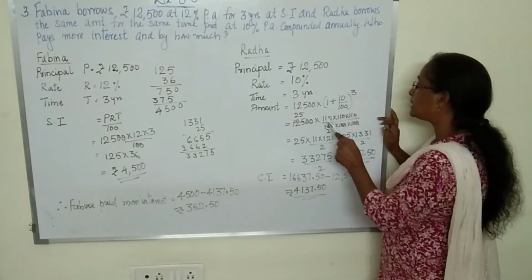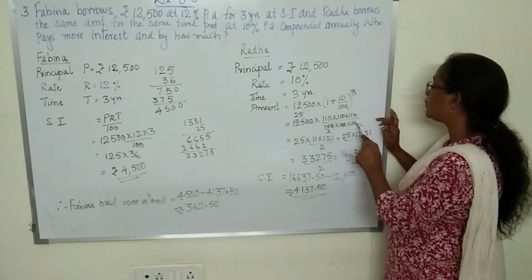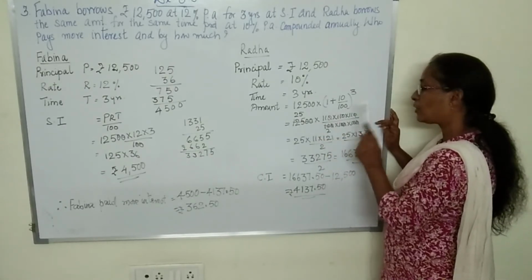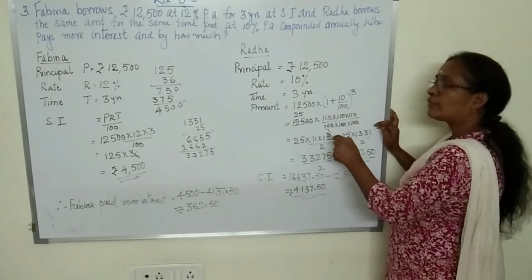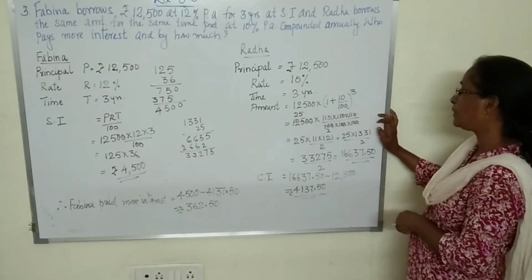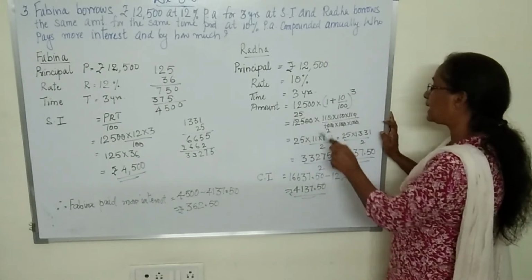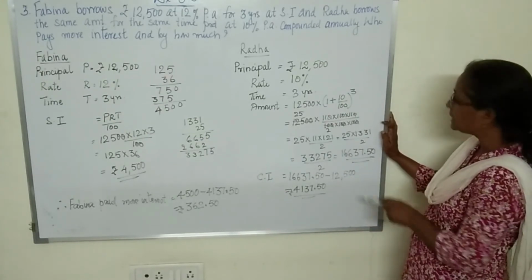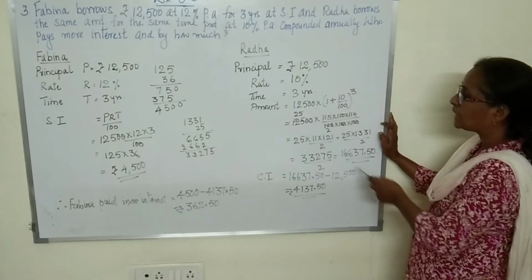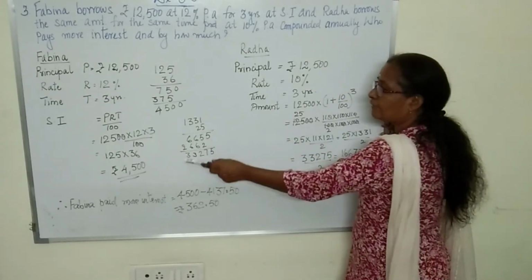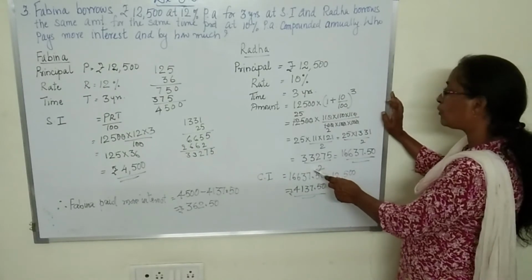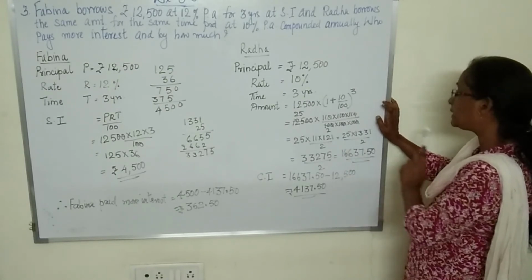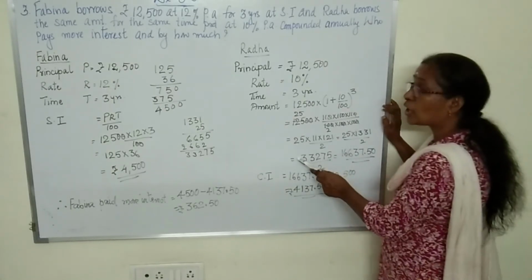Now you see the cancellation. Everywhere 110 is in the numerator, so first 3 zeros get cancelled, and here 2 zeros, so this 2 gets cancelled and 1 zero, or 10, remains. So 2 5s are 10, 25 5s are 125. So we get 25 multiplied by 11 into 11 into 11. 11 11s are 121. 121 11s are 1331. So let us multiply 1331 by 25. We get this amount. And then since there is a denominator of 2, we divide it, and we get 16,637.50. This is the total amount.